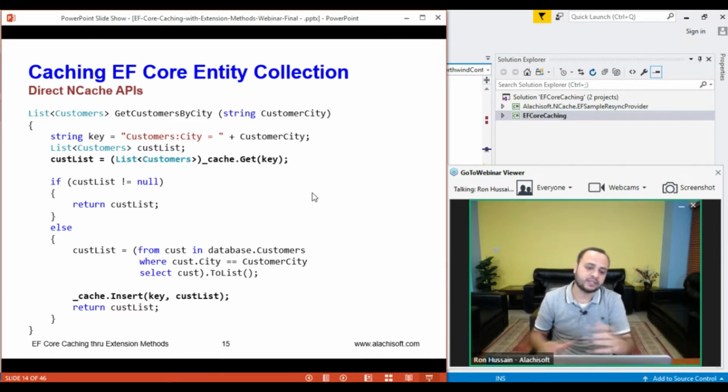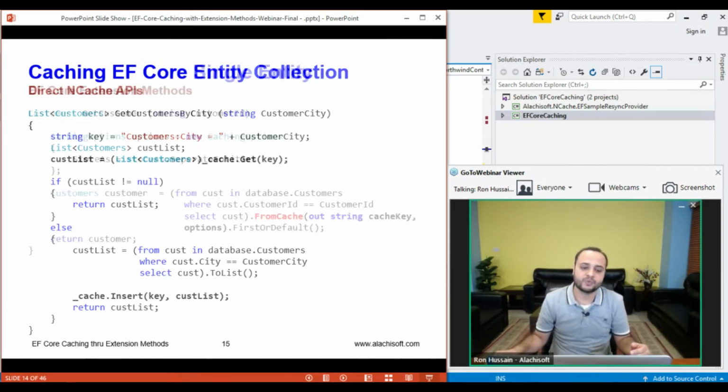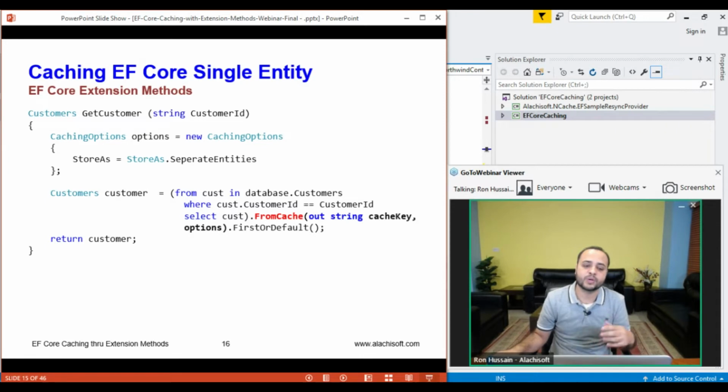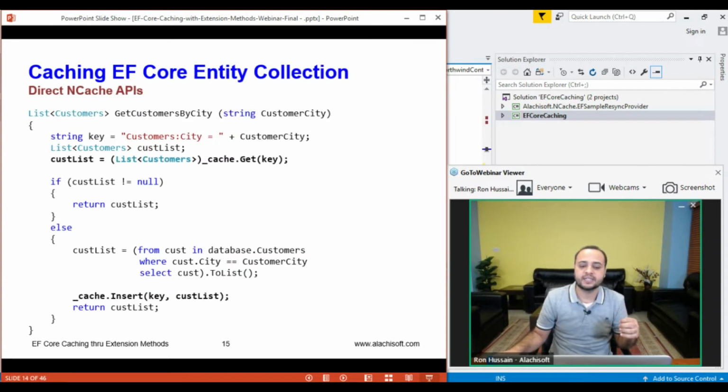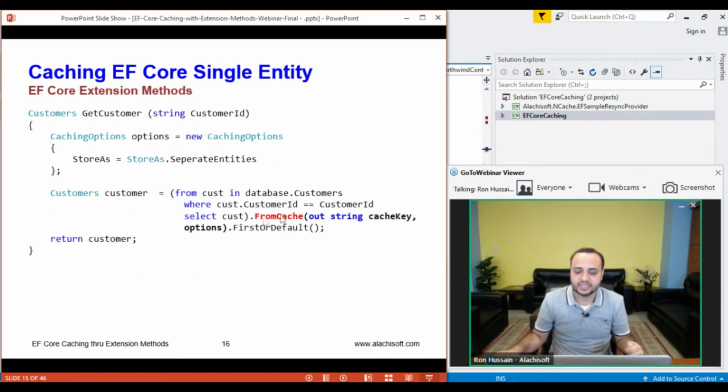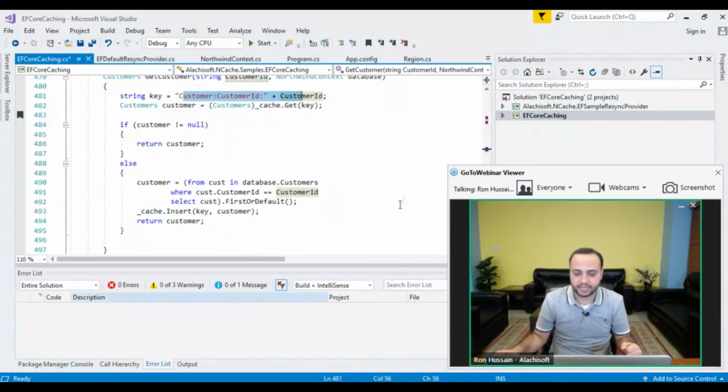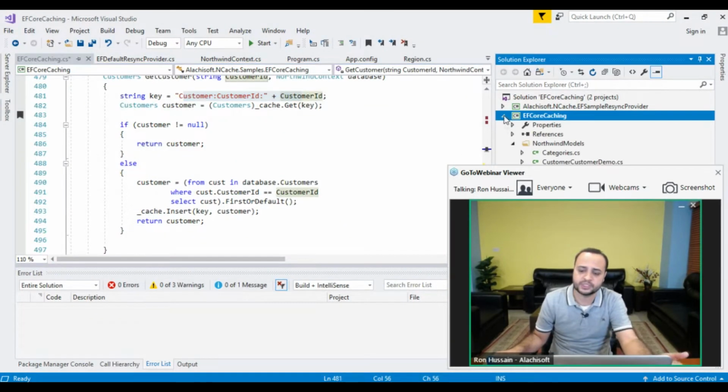This is something that you can use in any application. Let's focus on Entity Framework Core extension methods. So same two, single entity and entity collection, using the NCache extension methods. So I'm going to introduce FromCache. That's our first extension method. And by the way, for this extension method to be used,